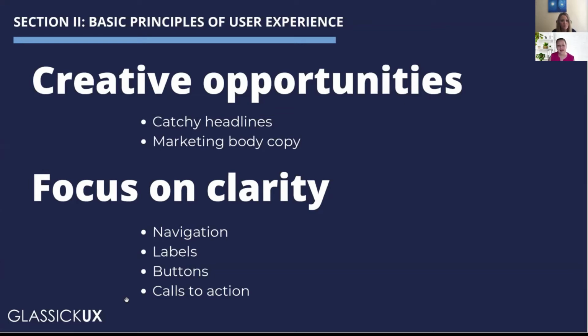So you can use a catchy headline to demonstrate your brand personality. Maybe you're a fun and hip brand or something like that. You can use a headline, maybe over a nicely designed hero on your homepage, to let that shine through. You can also use marketing body copy on your pages as well. As long as you're still being clear about the take-home points about those calls to action, you can use that as an opportunity to get creative. However,